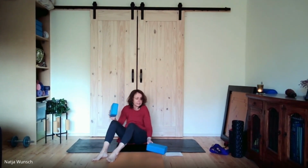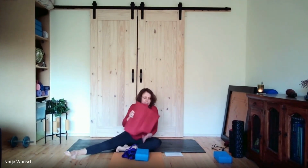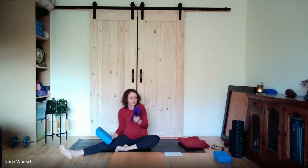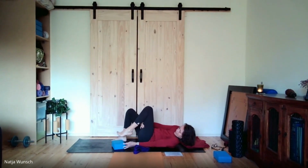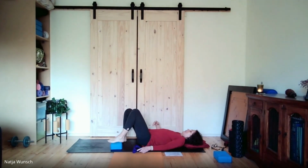I would love you to have one block ready as we lie down and the strap as well. When we come to lie down on our backs, we will use the block under a foot and the strap on the other. So as you lie down onto your back, placing the block down to put your left foot upon,